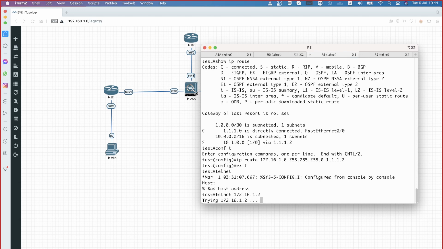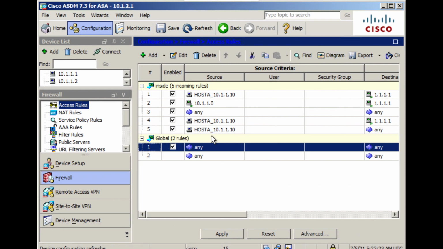You wouldn't be able to. Why? You may claim that you have the rule, but you remember that we have been discussing the operating systems on Cisco ASA. There will be two, one is for CLI, the other one is for GUI. When you are doing the configurations using the command line interface, you are doing the configurations directly on the running configuration. When you do it on the GUI, basically the changes are done in a temporary place. Now all I have to do, if I have to apply these changes, is say apply.